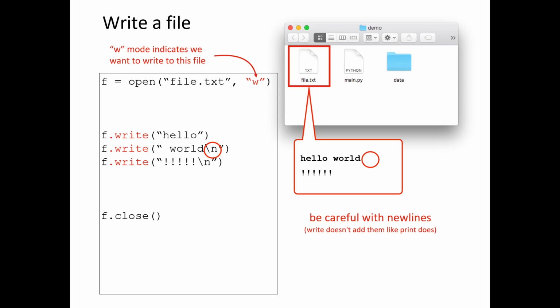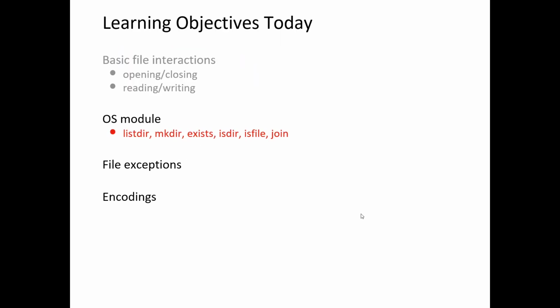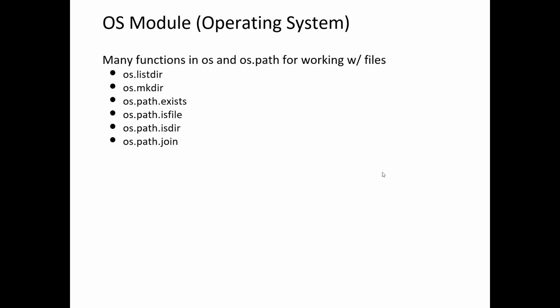So next up, we're going to be moving into part 2 of this lecture, where we're going to be talking about some really important functions from the OS module. Just a small selection of things that are available, six functions that are going to be really important for us. First up, because this is the OS module, we'll have to import this with an import statement at the top of our code. All right, so first up, the os.listdir function,